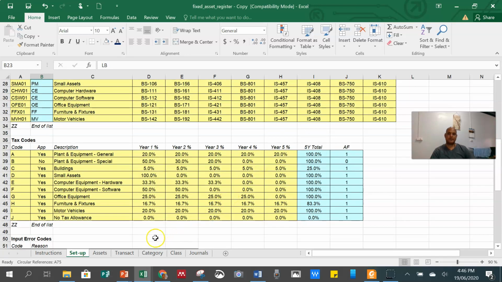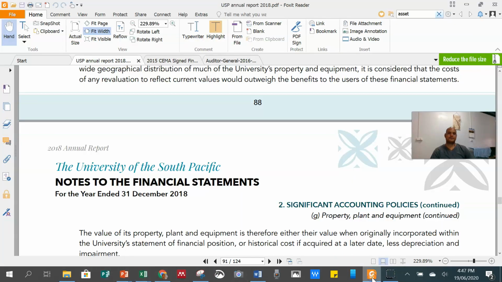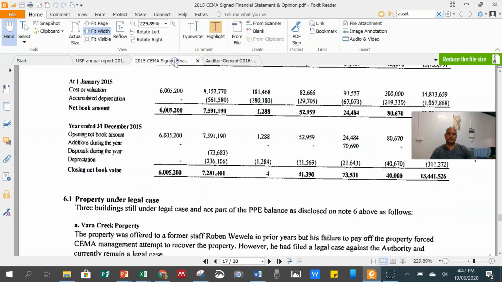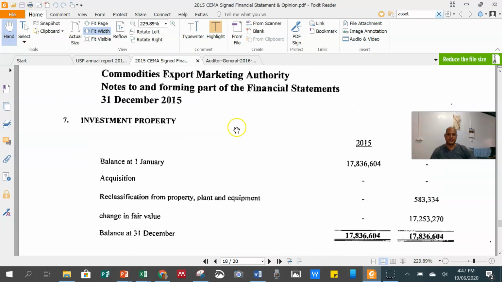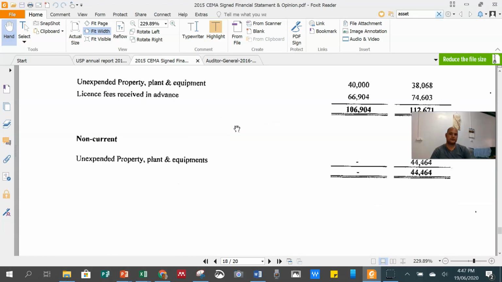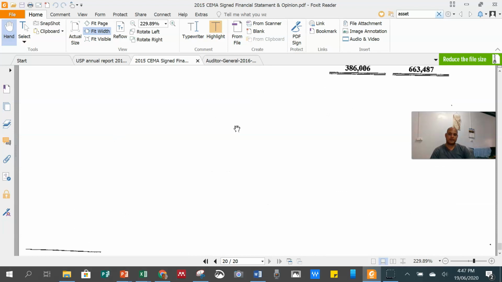My fourth point is related to this column. Remember when I showed you a financial statement, they said 8 years, for example. If we go to this financial statement, there's a place they said 5 years, for example.